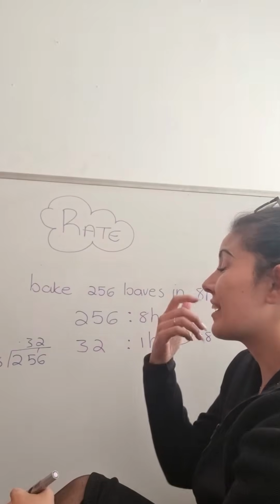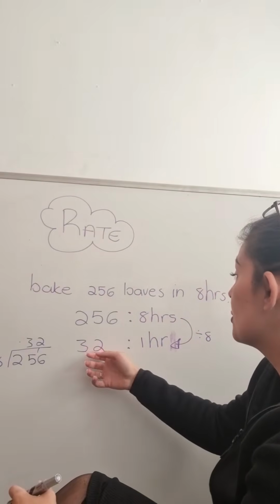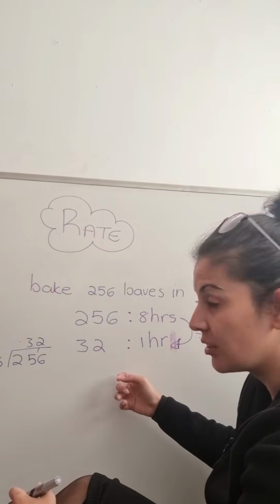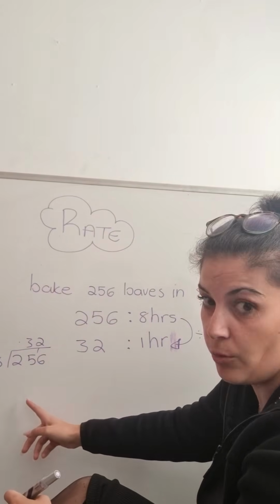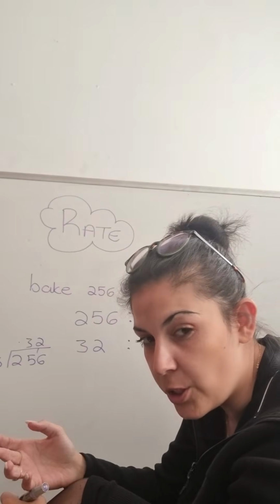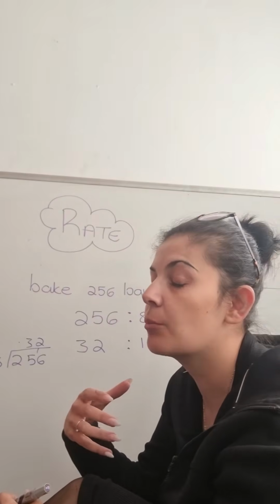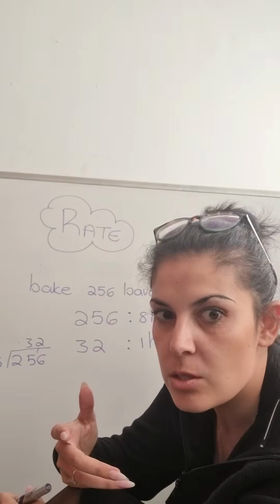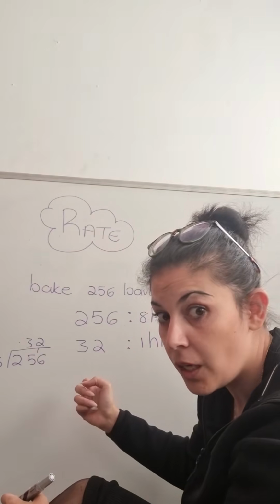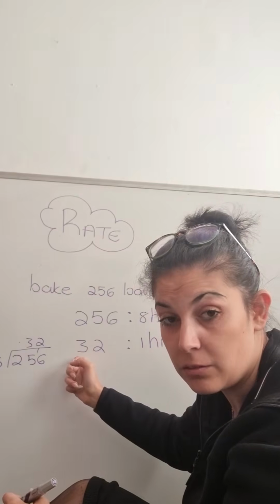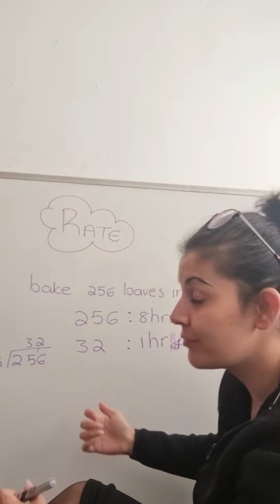All right. Now to get this mark, you need to show me this step first. All right. You need to show me that 256 divided by 8 gives you 32. But remember, that's not what I asked in the question. I asked how many loaves can he make in 12 hours. So now that we know how many he can make in 1 hour, I can just take that amount and multiply it by 12. So